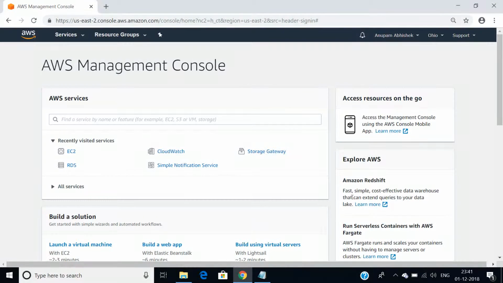So we'll just click on services. We'll come to RDS. When we are deploying a database on an on-premise infrastructure, the first task that we do is select which database management system we are going to use. Will it be Percona DB, MariaDB, PostgreSQL, MySQL, Oracle, MS SQL? So we need to select the database engine.